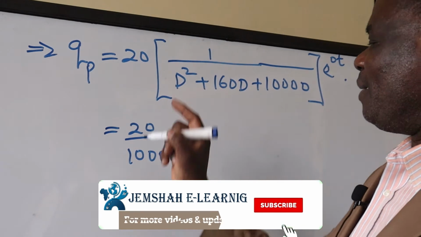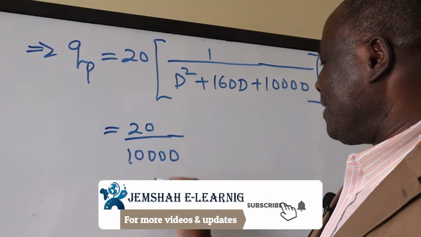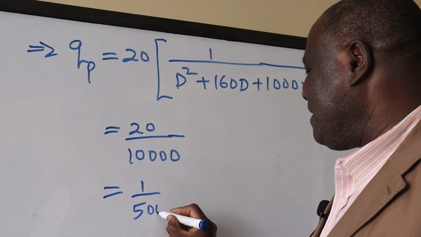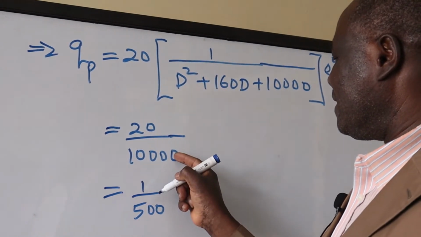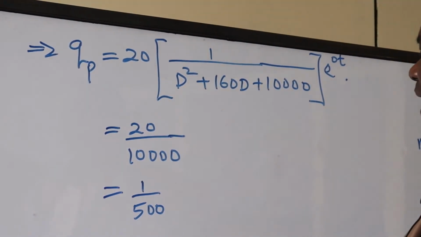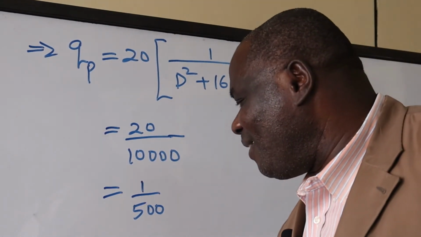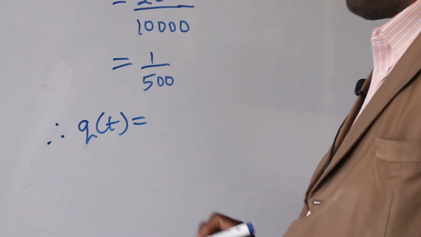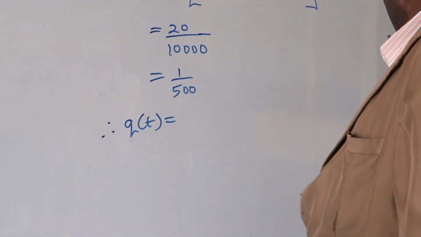E power 0t will pass. So this one is equal to 1 all over 500. That one goes here, 1 all over 500, that is our QP. Therefore, our Q as a function of t will be equal to QC,